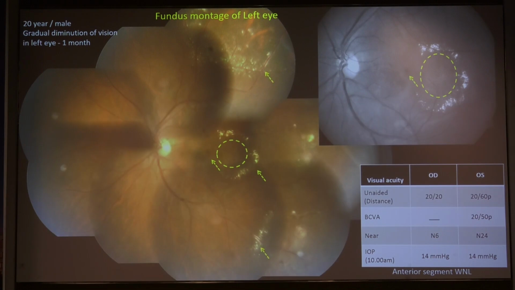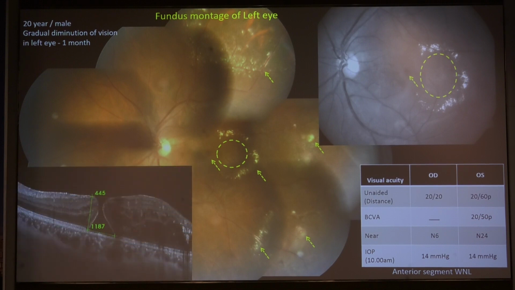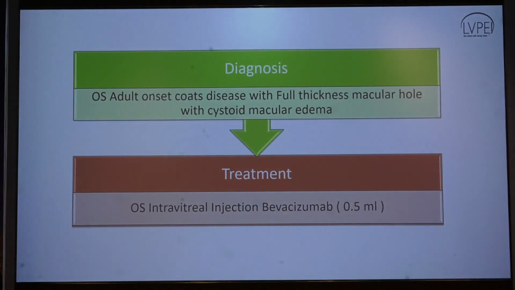Peripheral retina showed localized areas of telangiectasia along with perivascular exudates and few areas of retinal collaterals. The optical coherence tomography showed presence of epiretinal membrane, full thickness macular hole along with cystoid macular edema. The right eye of the patient was within normal limits. With a diagnosis of adult onset Coats disease with full thickness macular hole with cystoid macular edema, the patient was